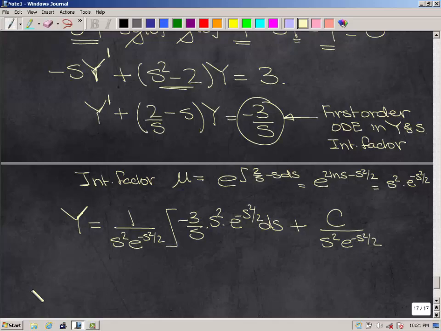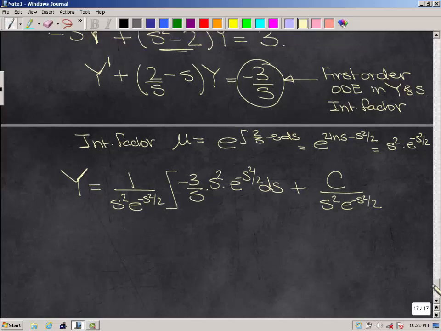Okay, so what do we get? Let's work our way through it. Out here one of these s's will cancel. This is a simple u substitution for negative s squared over 2. You'll get a negative 2s in the bottom. So that'll give us,